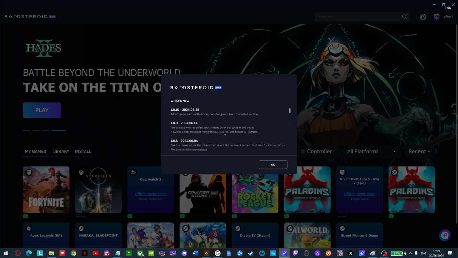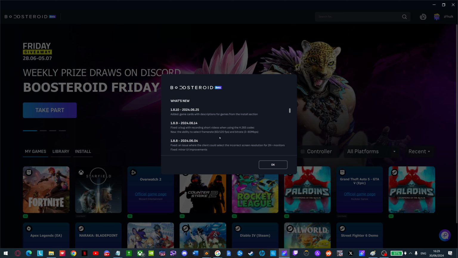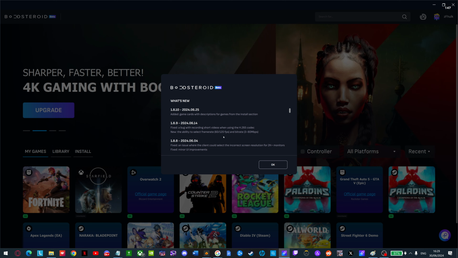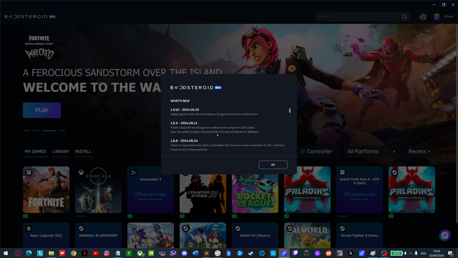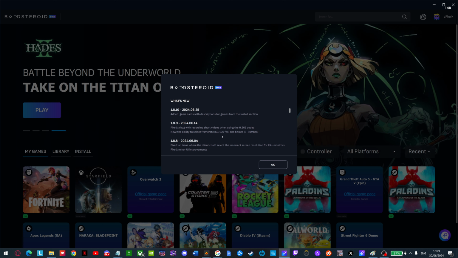And 120 FPS means that you also get lower latency, because your frames are being delivered more quickly to your system, and that means the frame time between each frame is lower. That means you have a lower latency and each click feels more responsive. Everything feels more responsive when you're playing at 120 FPS. This is huge for cloud gaming and it's amazing for Boosteroid,